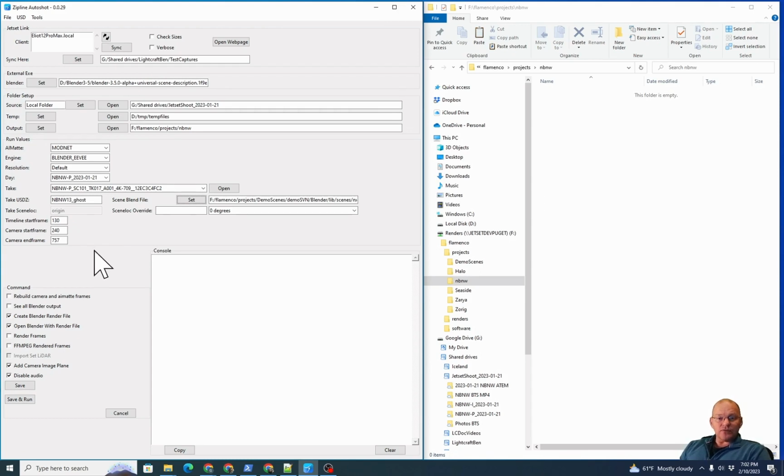file. Autoshot also found the scene locator or 3D mark that was in use at the time of shooting and writes it to the Take Scene Loc line. In this case, the scene locator was set to origin. Autoshot will automatically match the selected scene locator name in the USDZ take file with a matching scene locator name or 3D mark name in the blend file if it exists. And you can also use a specified scene locator or 3D mark name in the blend file with a Sceneloc